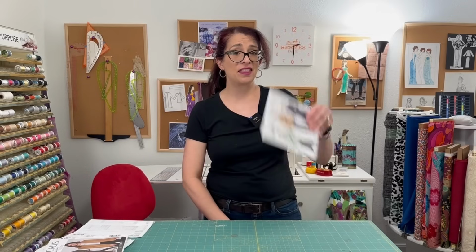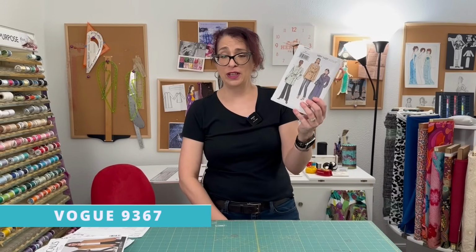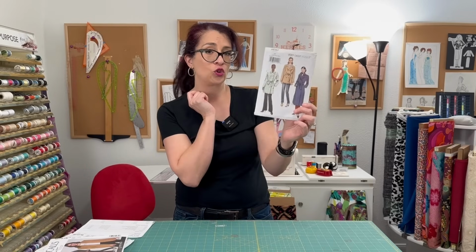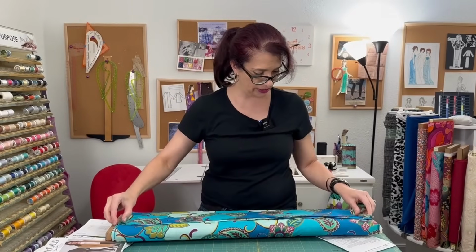When I went to Mood Fabrics in New York back in summer of 2022, I had this pattern in mind to make a raincoat. It does rain a lot down here. Obviously, we are like in Hurricane Central on the Gulf Coast of Texas, but I needed a new raincoat. I don't really have one that would look good to wear to work, and I thought that this kind of slightly midi length trench would be perfect. So I took the yardage measurements and I went to New York and I found this very brightly colored